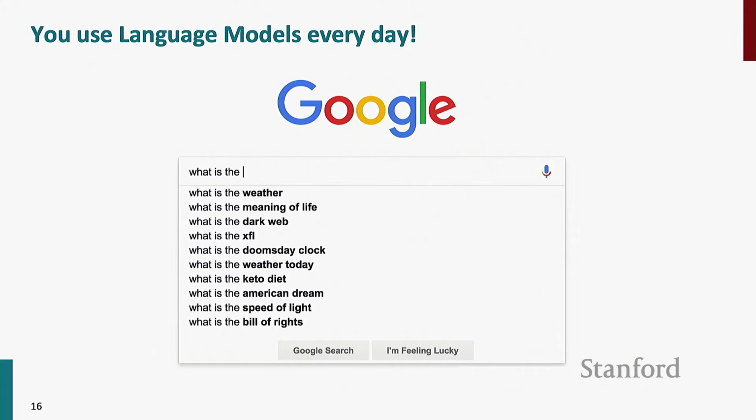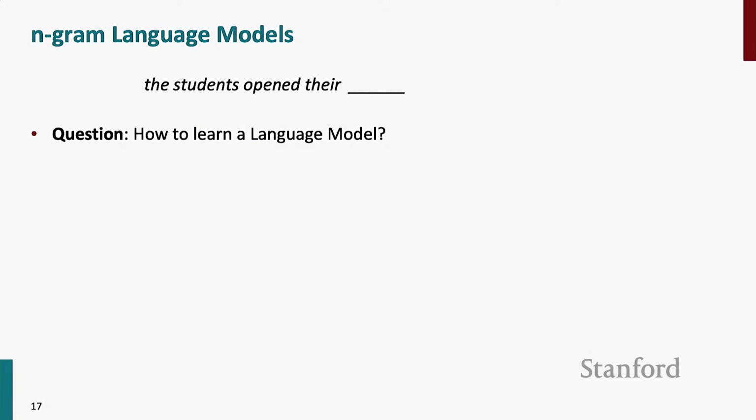If you go on Google and you start typing some stuff, and it's telling you stuff that could come after it to complete your query, well, again, that's being generated by a language model. So how can you build a language model? So before getting into neural language models, I've got just a few slides to tell you about the old days